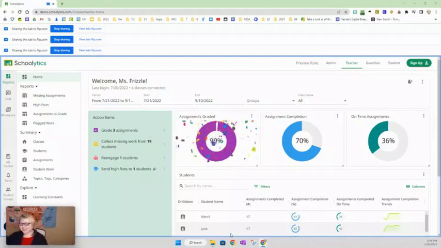Hey y'all. So today I am in Schoolytics. I'm actually in Miss Frizzle's Schoolytics. We're going to use the account that Schoolytics has set up to sort of